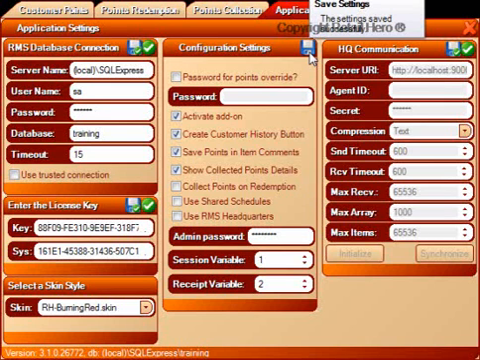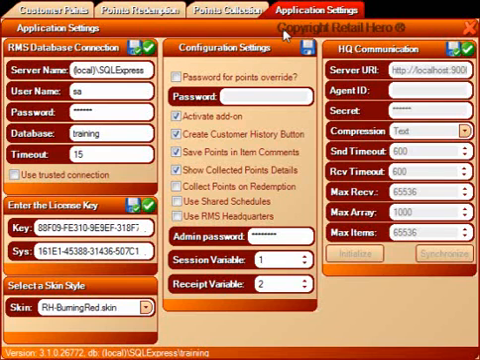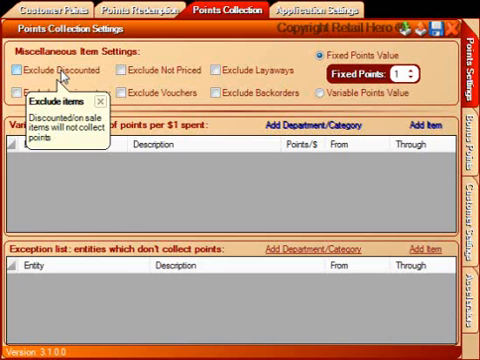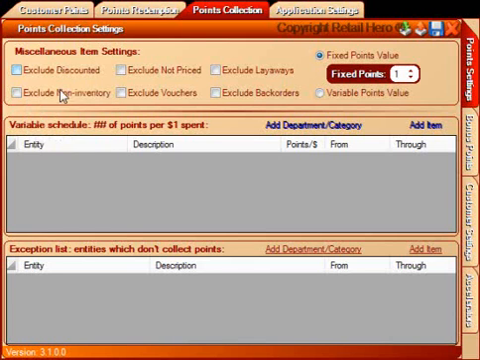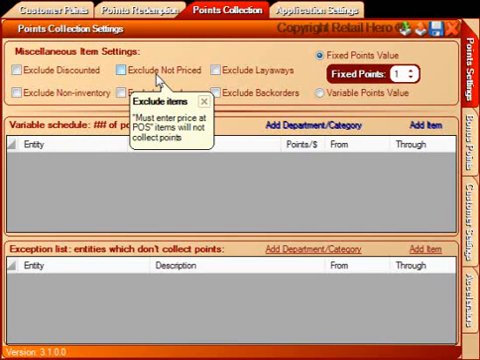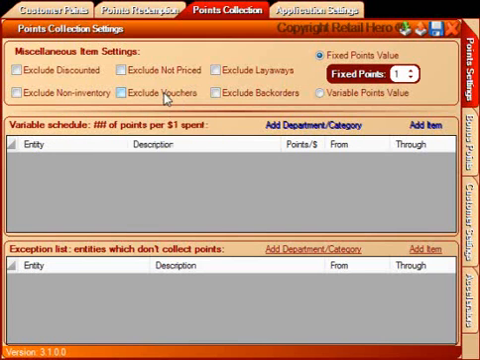MegaGifts powerfully manages your point collection scheme, and setup is a breeze. First, define what types of items points are not collected on. Your options are to exclude points from discounted items, non-inventory items that do not carry a quantity in the system, not priced items which require a manual price entry when added to a transaction, voucher items, items on layaways or back orders. To the right, you can select a fixed amount of points that will be collected for each dollar